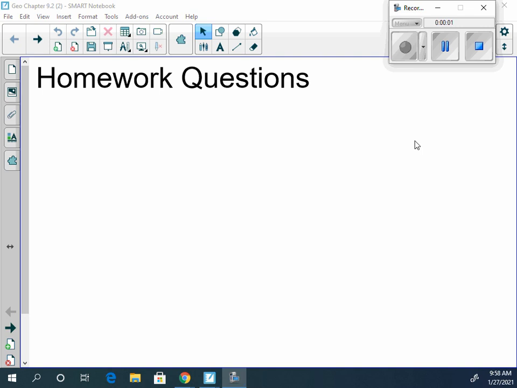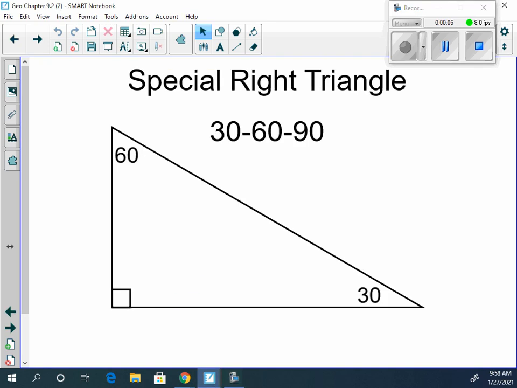What we're looking at today is a different special right triangle, and we call it a 30, 60, 90 degree right triangle. This one too has some special properties, just like the 45, 45, 90. Now, the way that we're going to get to this, and the way that we're going to think about this